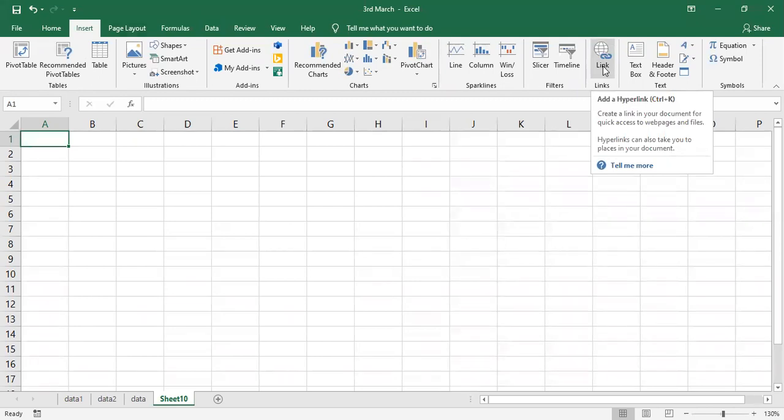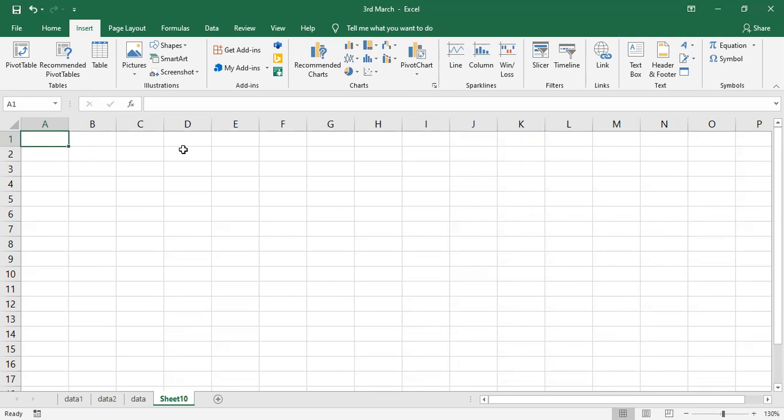Under the Insert tab, we have a group called Links. Under that, we have a command Link. The shortcut key to create a hyperlink is Control K. What is the shortcut key of hyperlink?